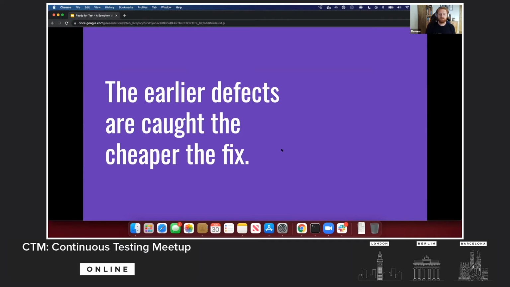Compare this with if a defect is perhaps caught as a bug 2 years later, then maybe the person that worked on that feature is no longer in the organization or working in a different team. Maybe someone else is going to have to investigate and figure out how that part of the system works and how they might fix that part of the system. That's going to take more time. And that means it's going to cost more money to fix.